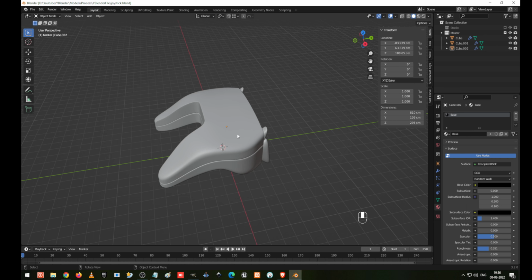Today we are going to model a Joystick Part 2 tutorial, and this is going to be a further design